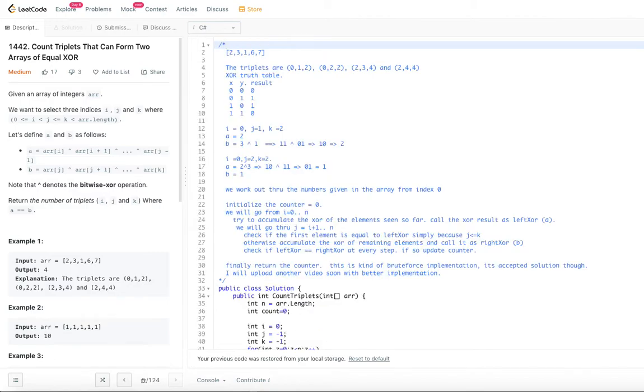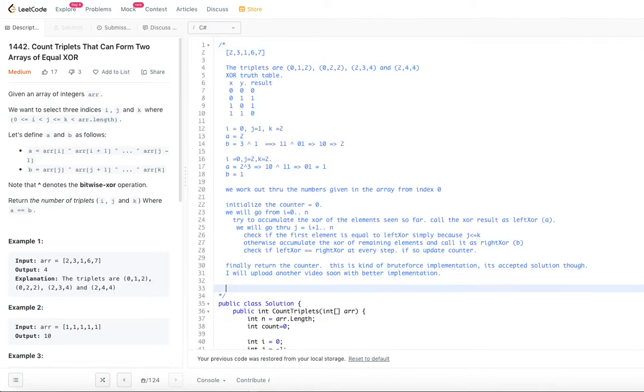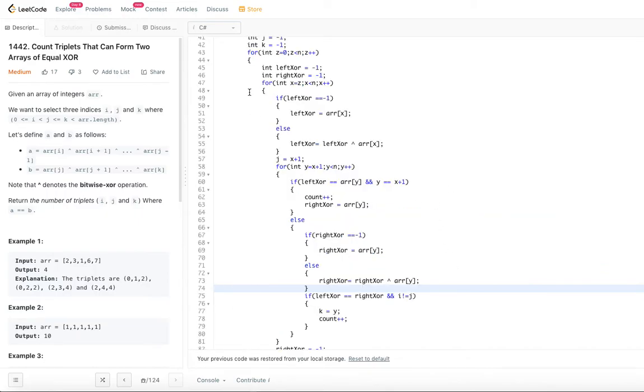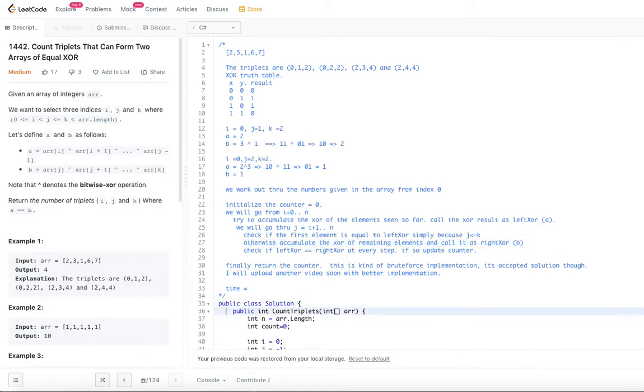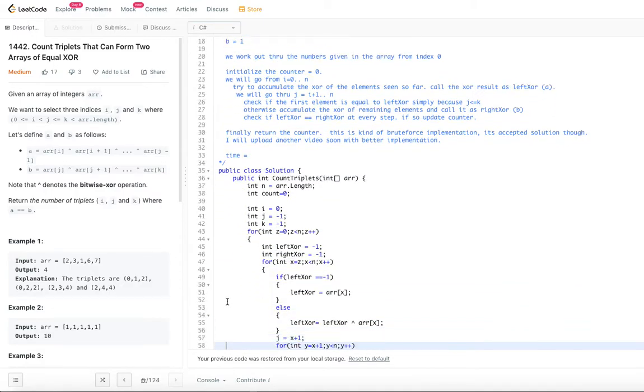So let's go ahead and look at the time complexity and space complexity for this algorithm. So time complexity, right? We have the number of elements in this particular array as n. So that's what we are calculating, and this is a for loop and this is another for loop where we are going from x is equal to 0 to n, right?